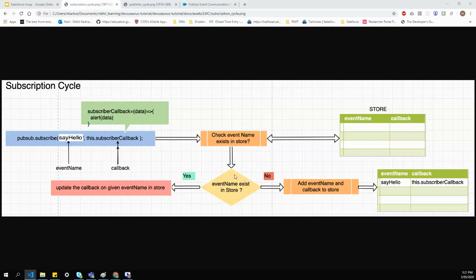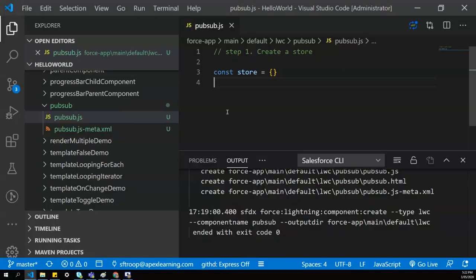If it's already present in the store, it will update the reference. This is the basic flow of the subscribe cycle. Let's create the subscribe method in our PubSub library. Step 2, create subscribe method.